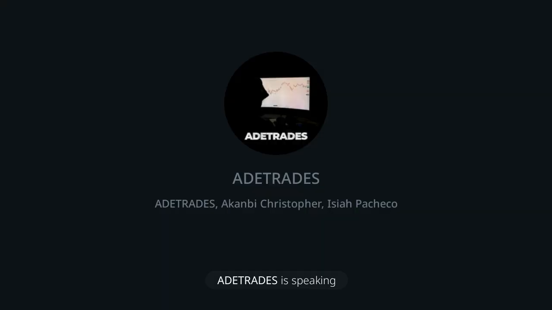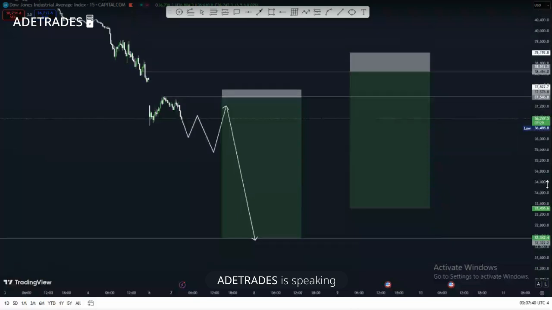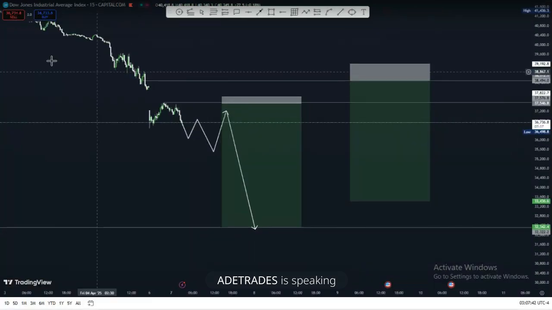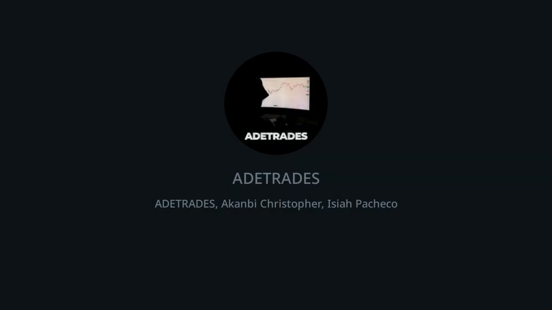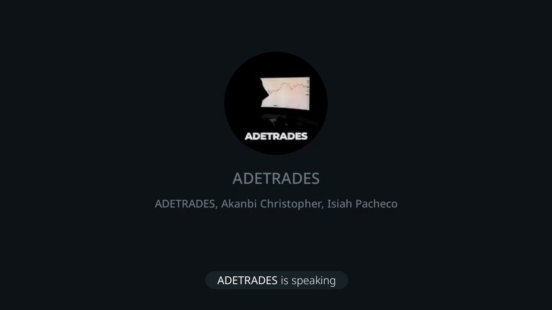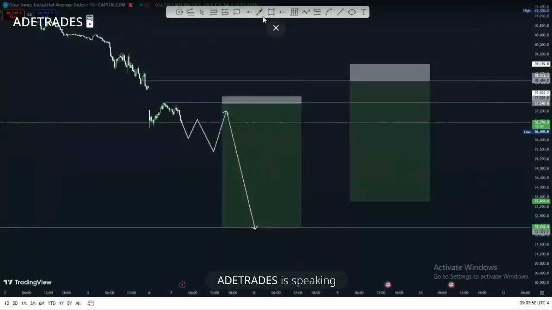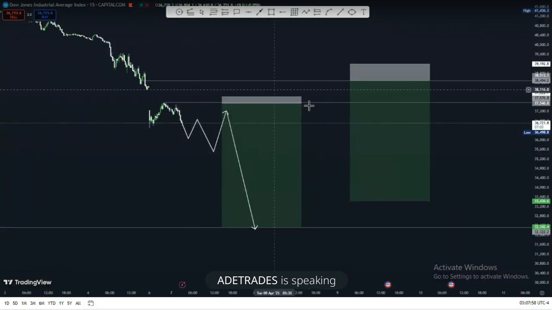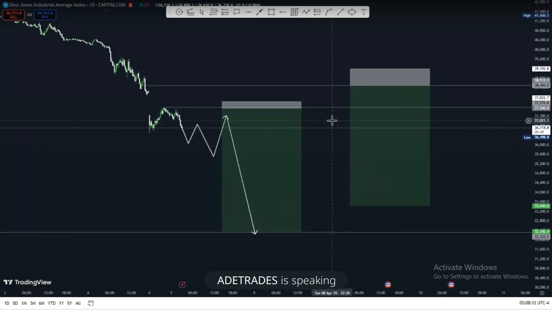But the main ideology is just to short to 32,000 because the whole stock market has been dropping since last week. I did short to 40,000 like I said from the beginning, but I didn't expect price to push further. So we're looking at price giving us some pattern like this, or coming back to this area after a break, then we can short from here. We cannot do any of this without confirmation, so it is crucial to look out for confirmations.